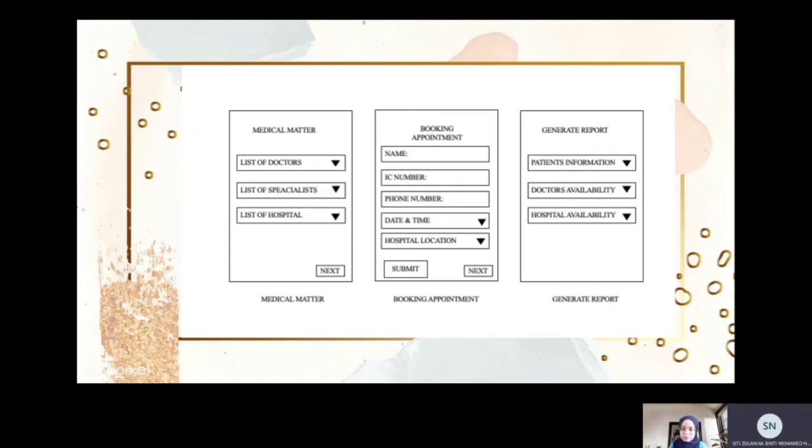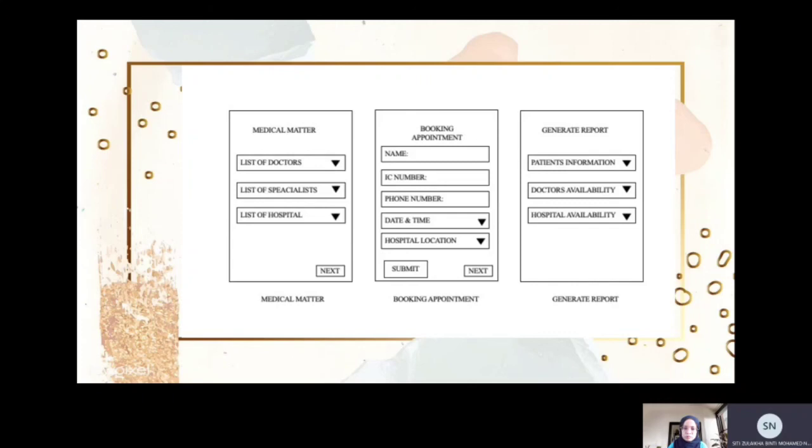And the last one is the hospital location; the patient or user can choose any hospital that they want to go to. Then the user or patient needs to submit that information for the admin record.